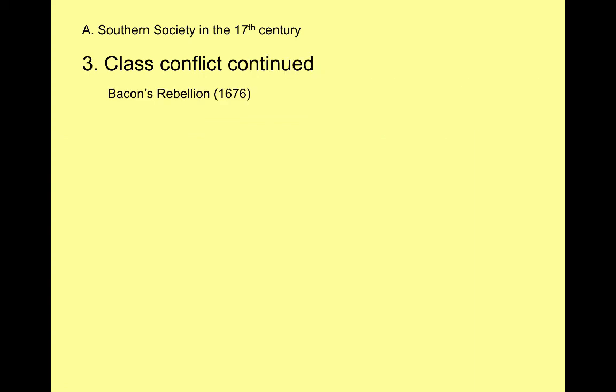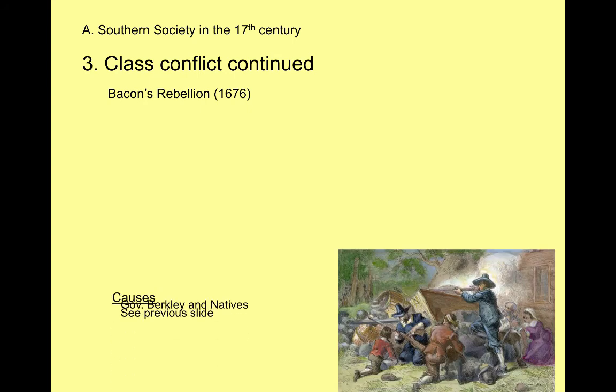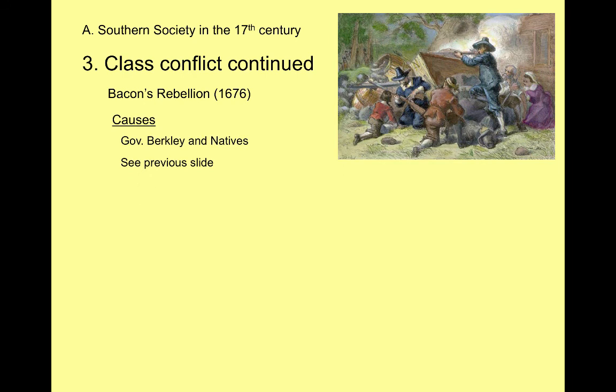So here's our best example of East-West tension in the 17th century, something called Bacon's Rebellion in 1676, a date to remember. What happened is the governor of the colony, a guy by the name of Governor Berkeley, was one of these East Coast elite, and he was making some of his money by selling whiskey and weapons to Native Americans out west in return for furs. This is a way for him to make it rich, not just from his plantation, but from this fur trade.